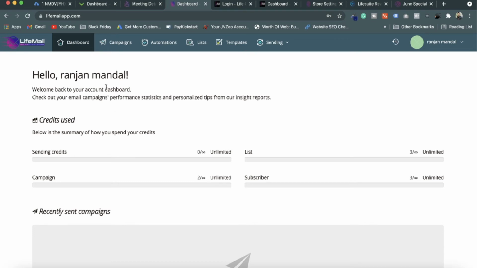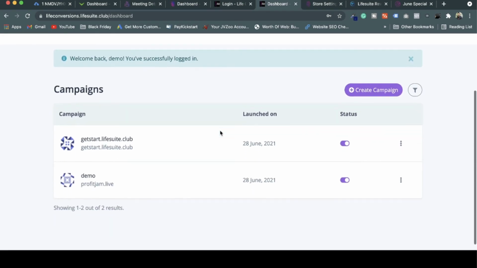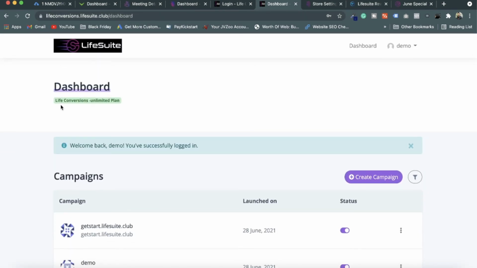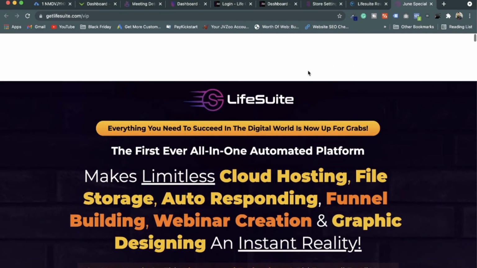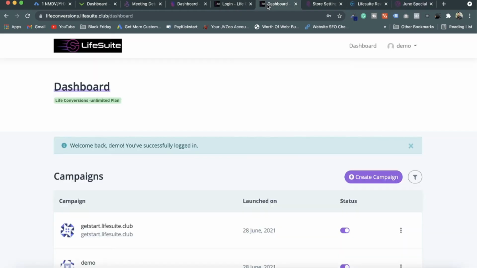Automated mail, you can set your automation email marketing here. Okay, so the fifth one is here, in LiveSuite. In LiveSuite you will get what is called live conversion. Here the real name is only the logo. So live conversion is a funnel builder. Again, they mention the funnel builder on its front end sales page. So they offer us funnel building, and you can build unlimited funnels here.